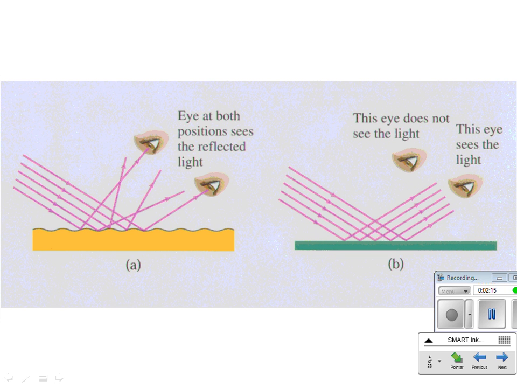This is the difference between regular and diffuse reflection. Light reflects off of most substances. This is how you see things, right? I mean, either something makes its own light, like a flame or a light bulb or a star, or light reflects off of the object and you can see it that way. The question is, why can you sometimes see yourself in an object? When you sit in front of a mirror, why can you see yourself in the mirror, but when you stand in front of this wall, you can't see yourself in the wall? Because if it's regular,